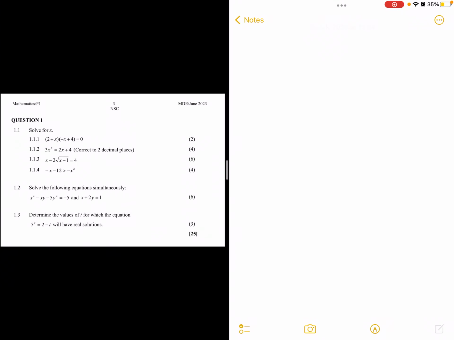So hello guys, I'd like to continue with our question 1 into 1.2 and 1.3. Now in 1.2 we're solving an equation simultaneously, and when you want to solve equations simultaneously in grade 11 and grade 12, you'll be given mostly a type of a quadratic equation and a linear equation. So in this question we have